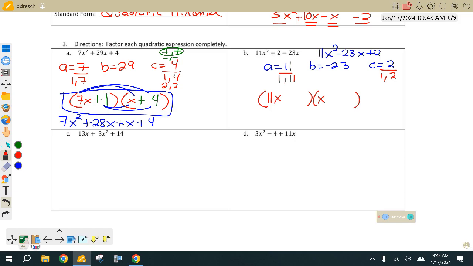Okay. Now to make my life just a little bit easier, I want to keep track of these signs. What do I mean by keep track of these signs? How you said it's a 2. It's a positive 2. How can I get a positive through multiplication? Same sign or opposite signs? Same signs, right? And what do we got to know about those same signs? Both pluses or both minuses? Look back at the polynomial. Both minuses. It's a negative 23. And the only way you get a negative 23 is they both got to be a negative in there. 2 negatives make a positive, but eventually they'll add together to give me a negative